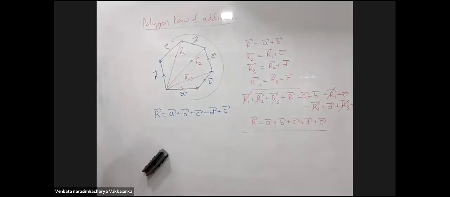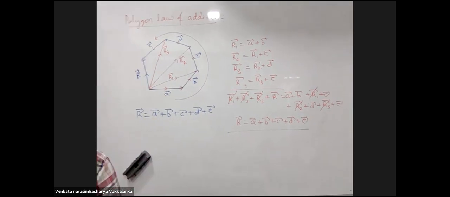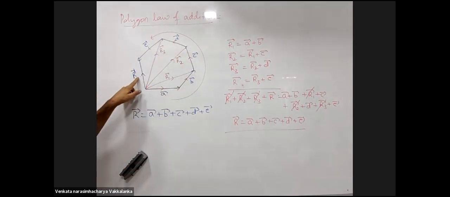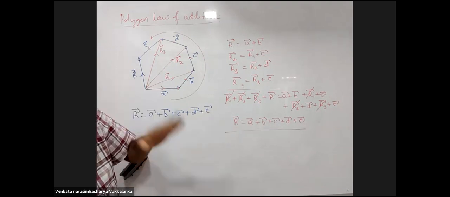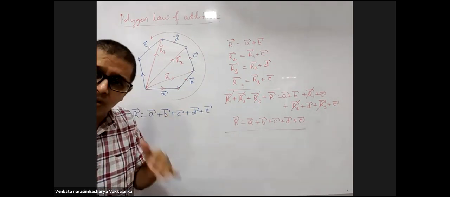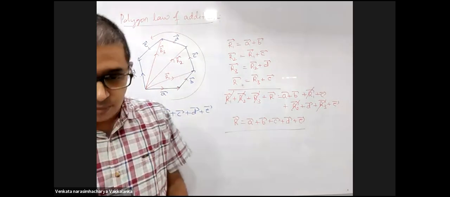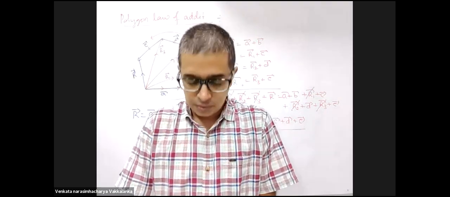If n vectors are represented as n sides of a polygon taken in one order, the closing side of the polygon taken in the reverse order is the resultant. It is nothing but a consequence of the triangle law. First, write down the statement. If n vectors,